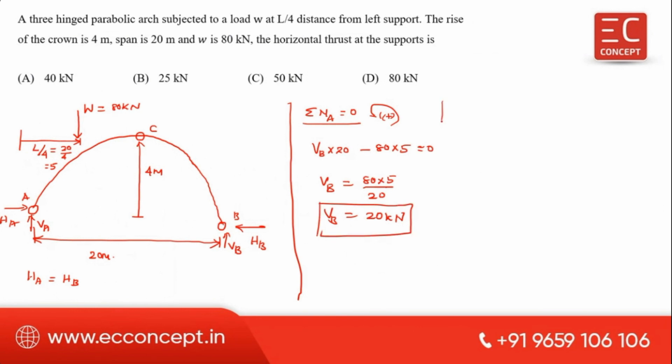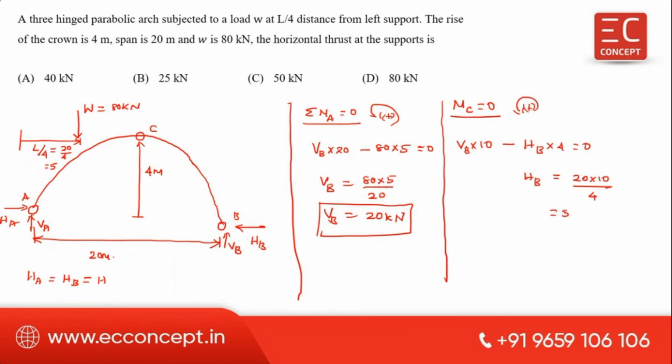Then what is the horizontal thrust? In order to find the horizontal thrust, you have to take moment about C equal to 0. Assume anticlockwise is positive. Therefore VB into 10, this distance, minus HB into 4, which is equal to 0. Therefore HB, where VB is 20, so 20 into 10 divided by 4 is equal to 50. So 50 kilonewton. So the answer for this question is